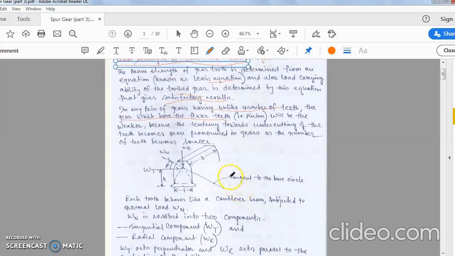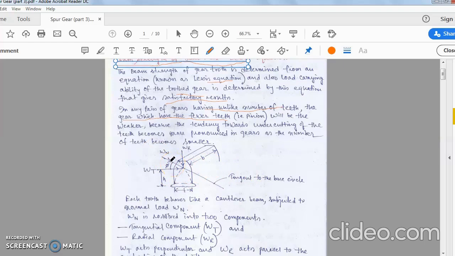Here we see a particular gear tooth profile. B is the face width. T is the tooth thickness. Now from the upward direction a load is coming. What is radial, what is tangential? One is the normal load to the gear surface. This is Wn, the primary force, which is actually tangent to the base circle. If you draw a base circle, this is the base circle, and Wn acts tangentially. So Wn is the primary force.